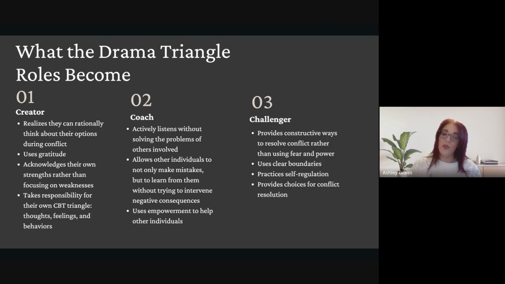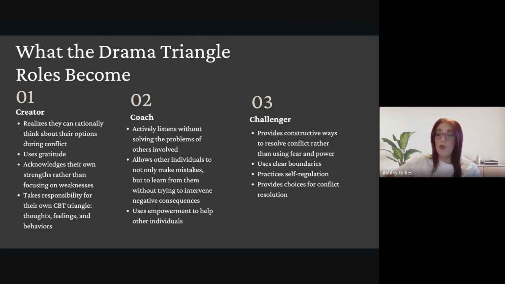Just because you hit one goal doesn't mean you stop becoming the creator. And as conflict arises and comes my way, I can take responsibility for the way I think, feel, and behave. And I really try to teach that to people that come and see me individually. I really try to teach people, when is it worth getting involved with a conflict or a problem, and when is it not? How do we do that?